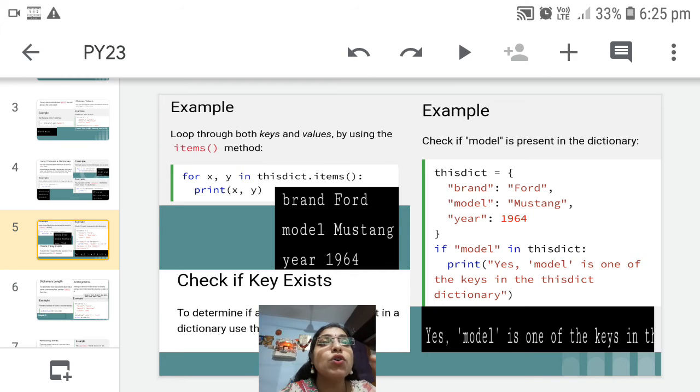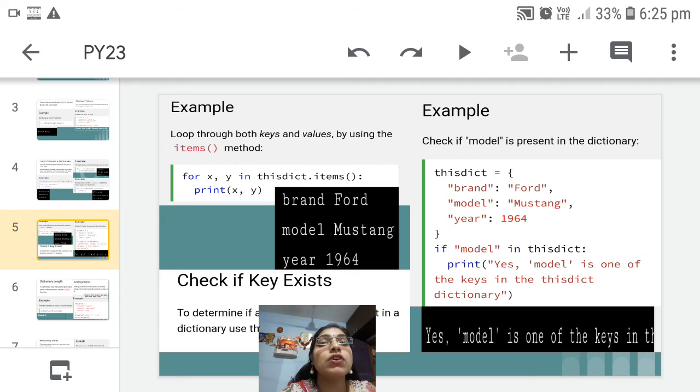So for x comma y in this dict dot items, with the help of the items method, all the elements along with the keys and values are stored in the for loop. Then we print x comma y. In x we have the keys, and in y we have the values. Like that the output is displayed.